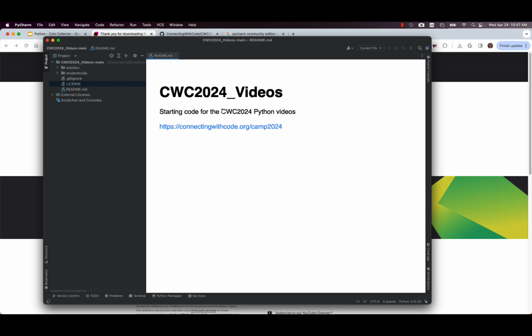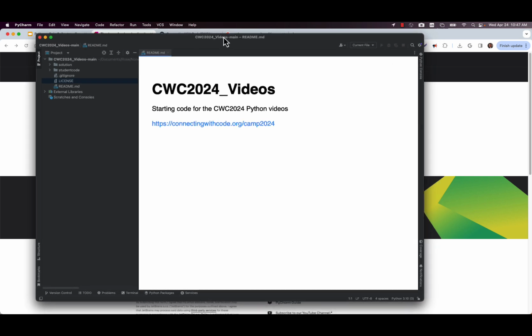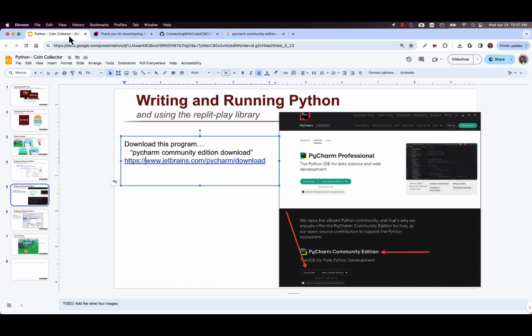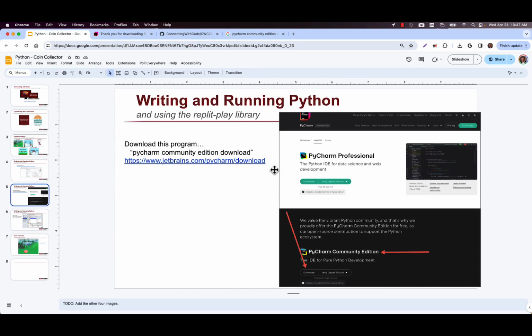It might have you configure your interpreter as well. And so there's a couple things here where you might have to dig for a little bit to try to get your interpreter configured. You might just have to click on the buttons in PyCharm and see if you can find a way to make it work. When I'm sitting behind you, I can help with whatever you get faced with. But hopefully you're able to navigate in and see about running something. That takes care of the second step, downloading the program.